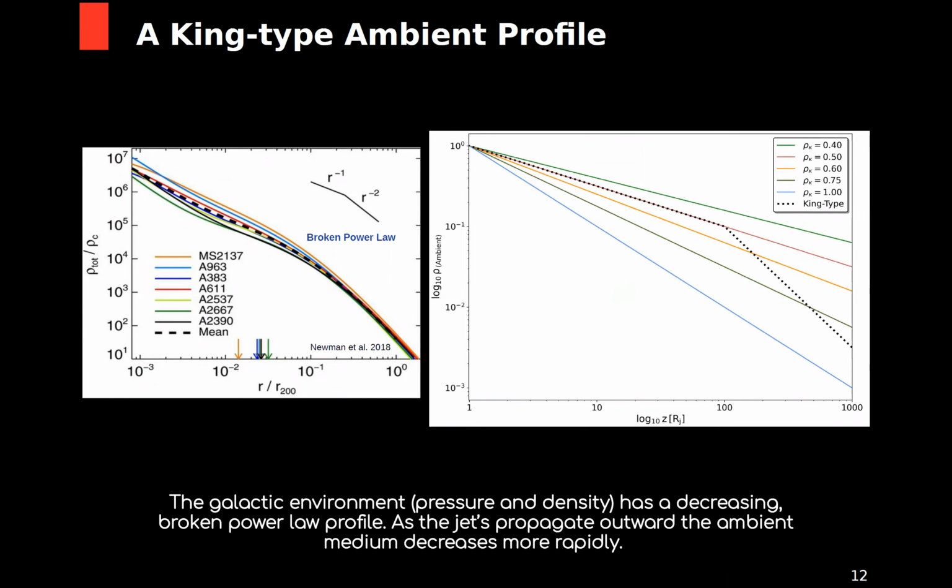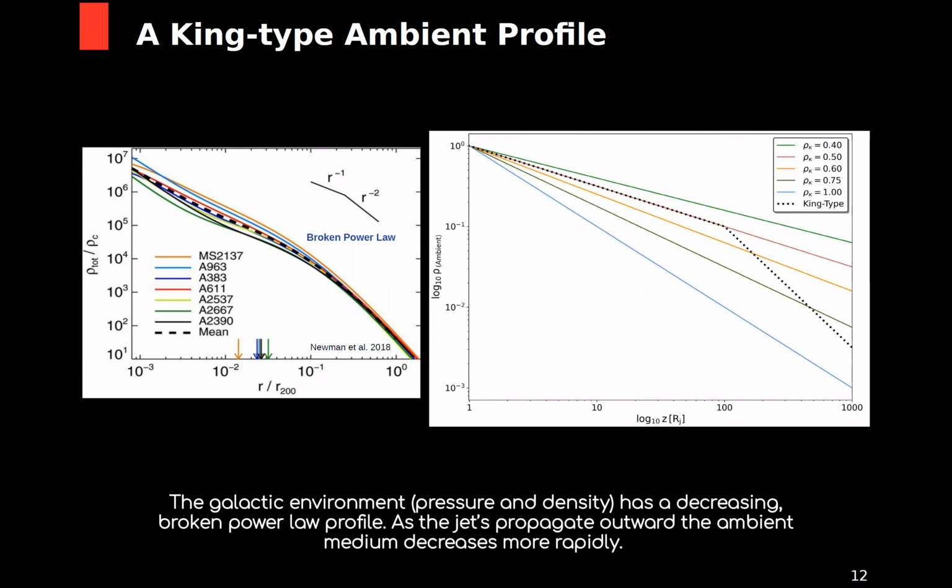So what we see is that in a realistic scenario, you cannot have a single profile in the ambient pressure. In a realistic scenario, as you move outside, away from the center of a galaxy, you have a drop in the density and the pressure. And this is generally taken as a broken power law profile. And over here, what you have is the initial cases which I showed you with the kappa values